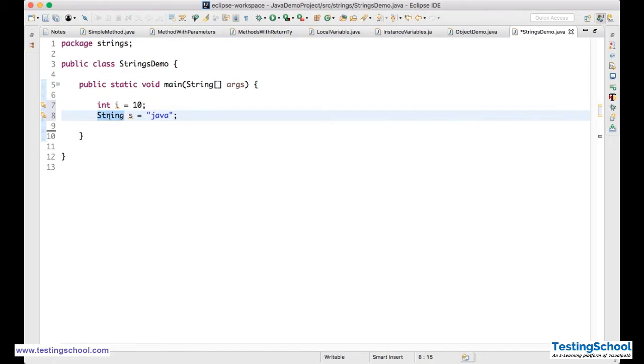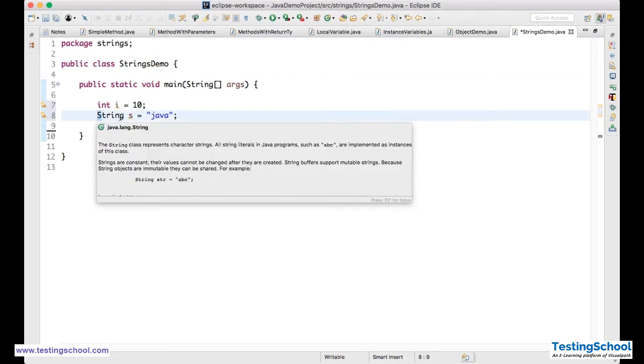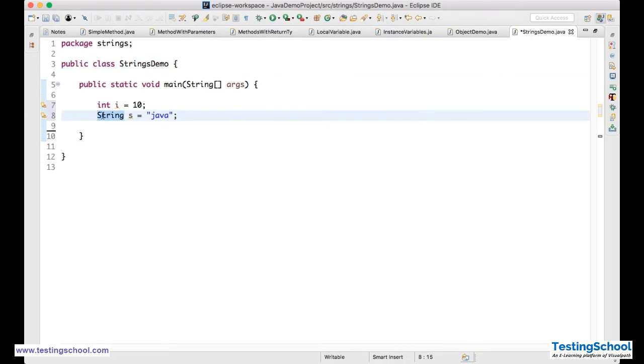String is a special kind of data type that is both a class as well as a data type. If it is only a data type, it starts with a small letter and will be in violet color. But if it is a class name, it should start with a capital, right? So the same way it is starting with the capital S. That is the reason it is not giving that color.